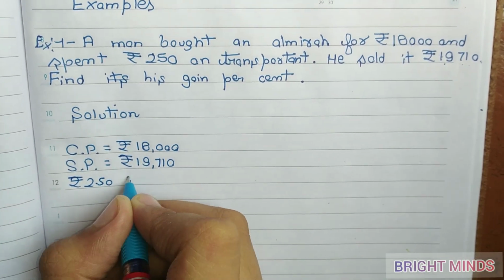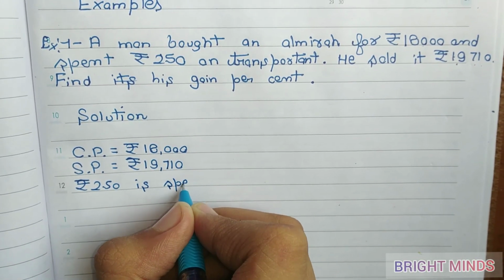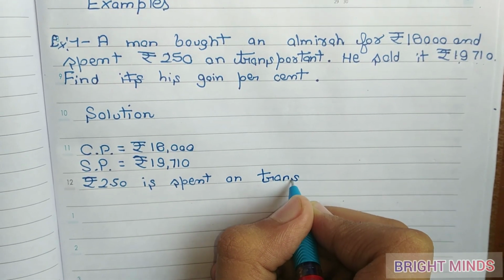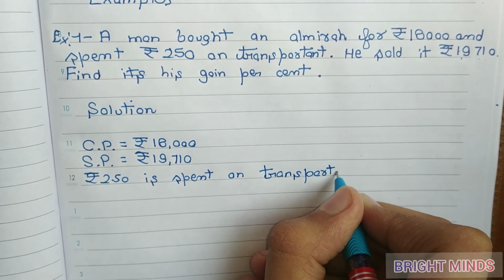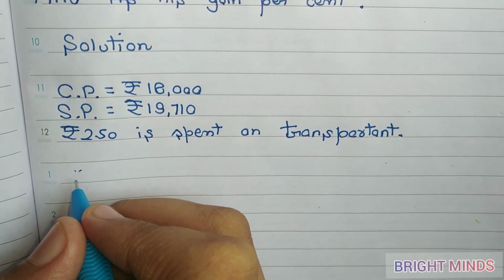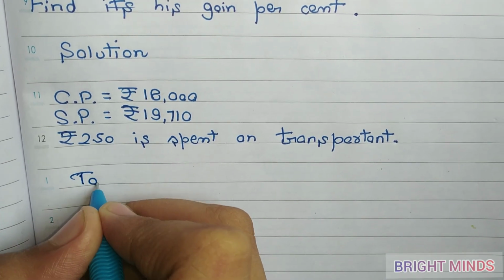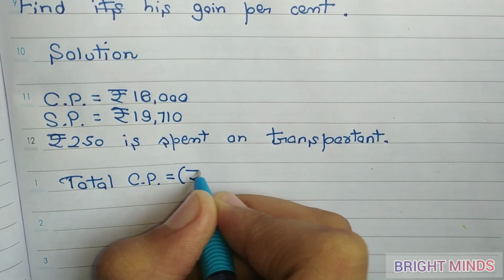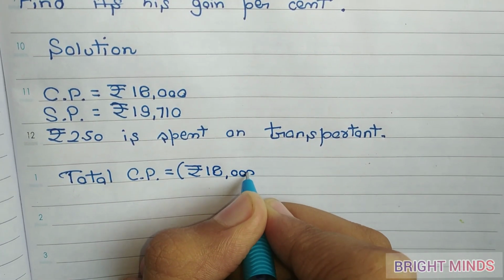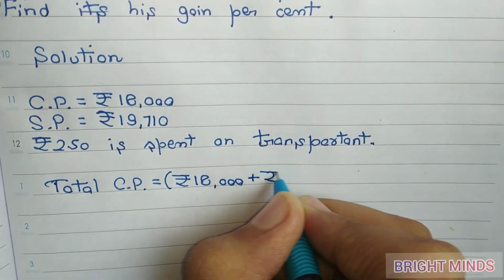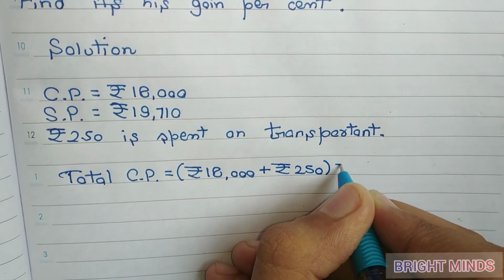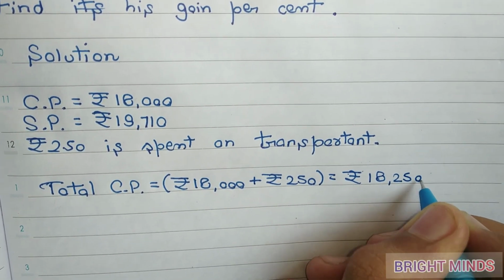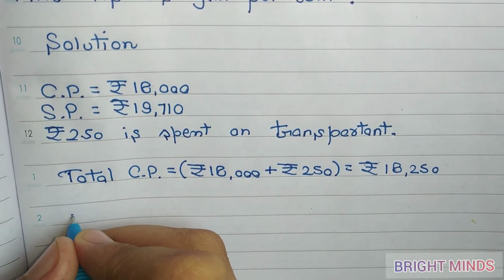₹250 is spent on transport. Now our total CP is equal to ₹18,000 plus ₹250 is equal to ₹18,250. Now our gain